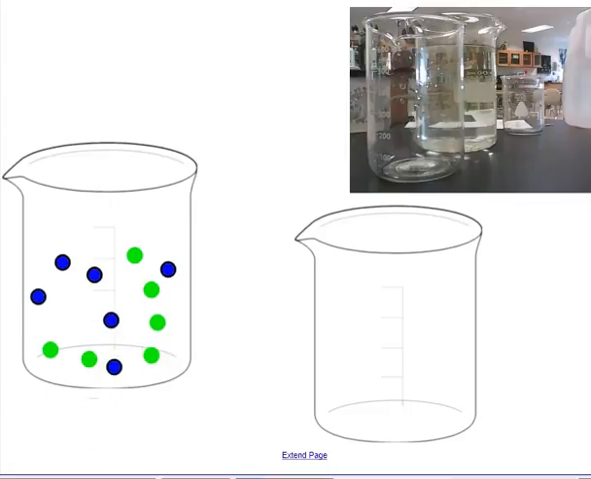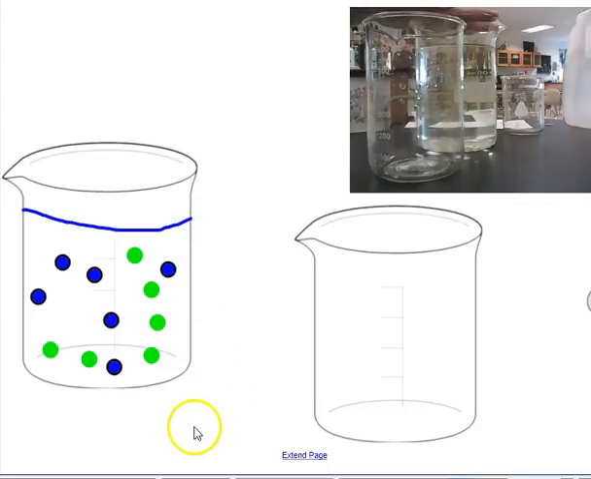Dissolve. All right, so now imagine there's also water in this beaker that I'm not representing the particles of. So this is also filled up with water all the way up to the top. Now, if I was to pour half of this solution into my other beaker,